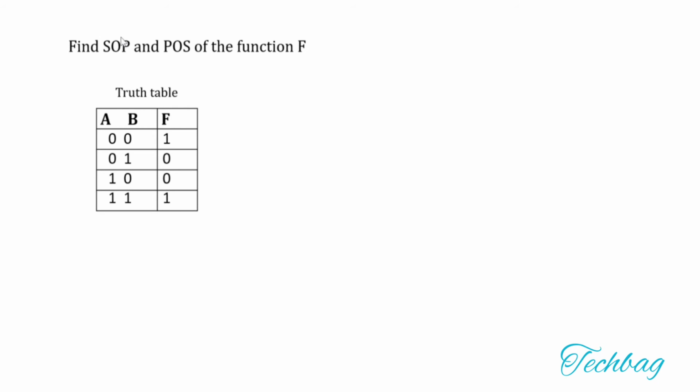So first start from SOP, that is sum of product. In sum of product, 1 represents true value and 0 represents complement value. Now we are going to write the expression f. F means your output is in true form. True form means value is 1. First step, you have to find the min term. Otherwise, you have to find the input combination for which the function is 1. So here, f is 1 for 0, 0 and 1 for 1, 1.